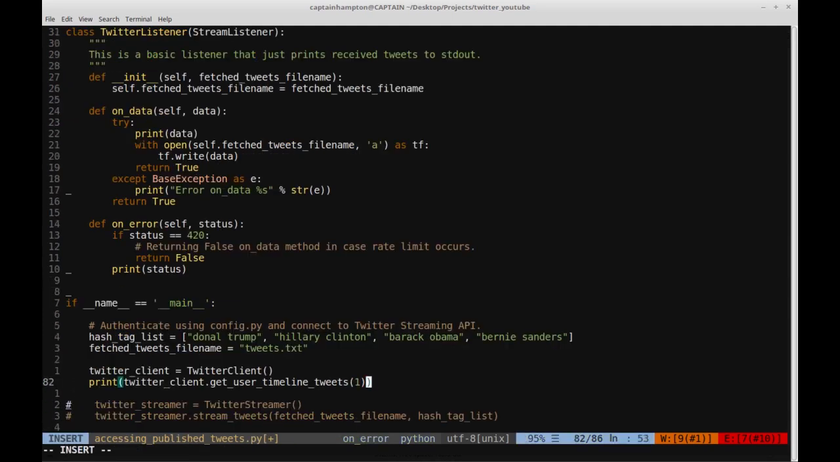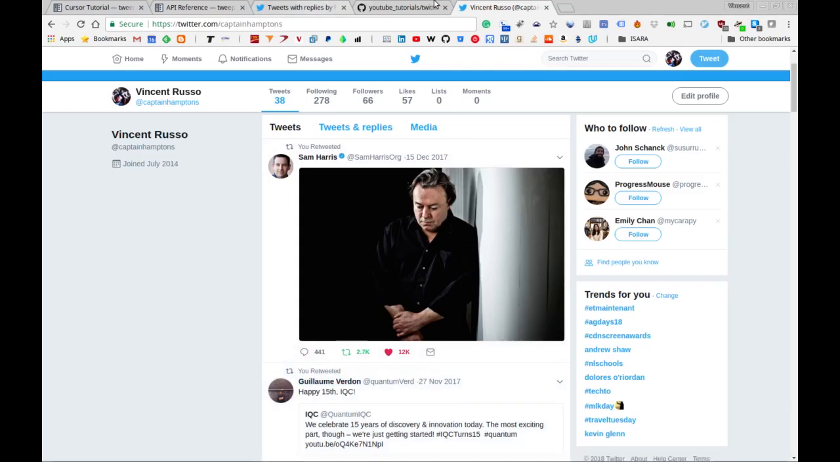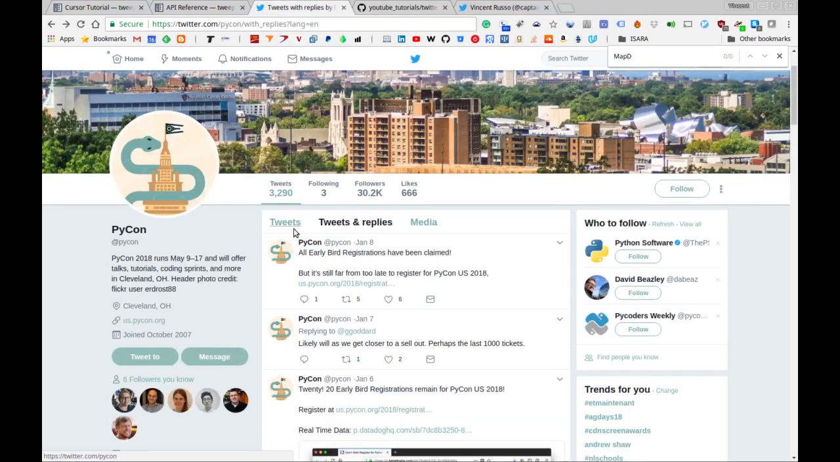The way we're going to do that, remember, is to instantiate the Twitter client object based on who we want to get the timeline tweets from. In this case, I'm going to specify the user PyCon. What is PyCon? How do I know it's PyCon? Let's go back here. PyCon, if you're not aware, is a conference that focuses on the Python programming language, and